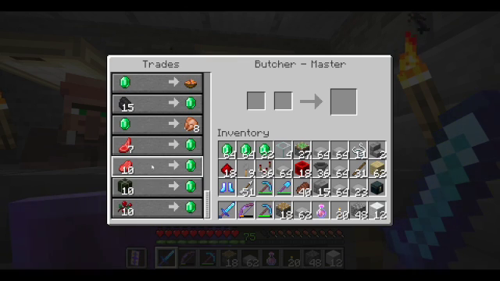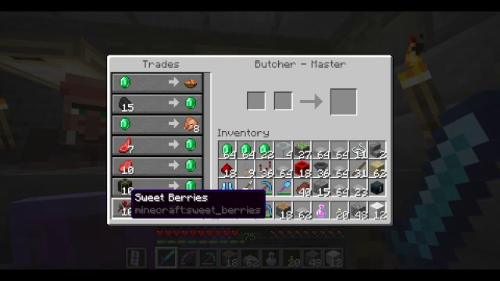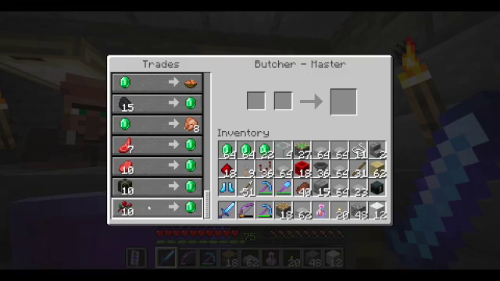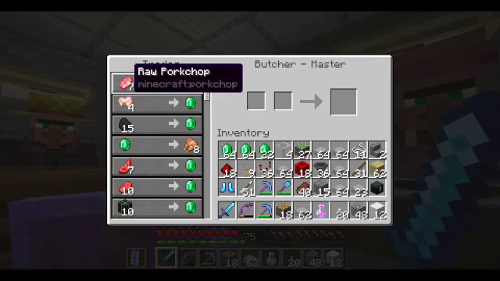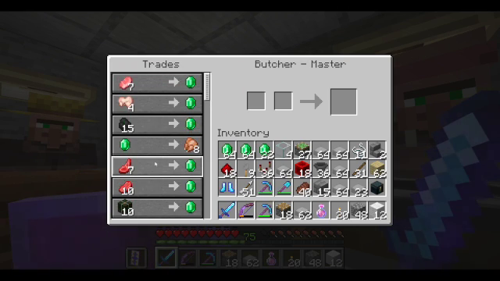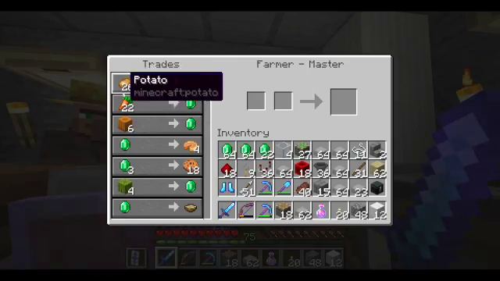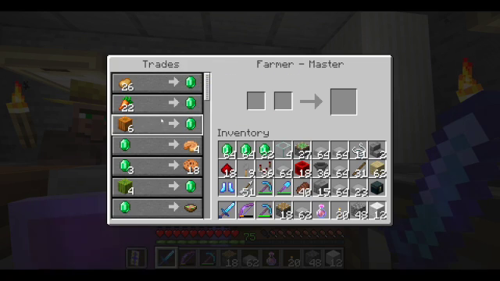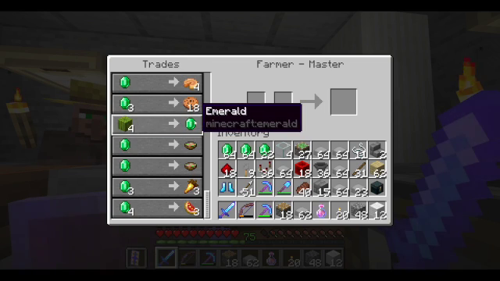And then these two are also valuable. This one not so much, because kelp doesn't really grow in the nether. And I don't have sweet berries yet, but when I do, this will be useful. And then this guy has the other two trades, pork chop and rabbit, plus all the other ones at the other guys. And then here we have potato and carrot for emeralds, and pumpkin for emeralds, plus melon for emeralds,